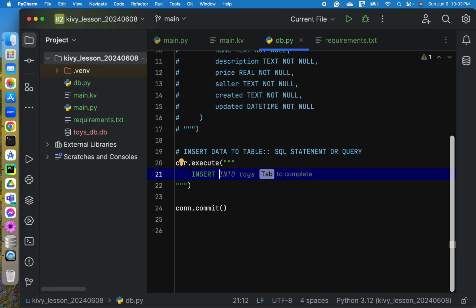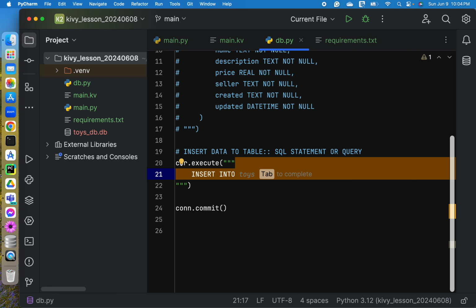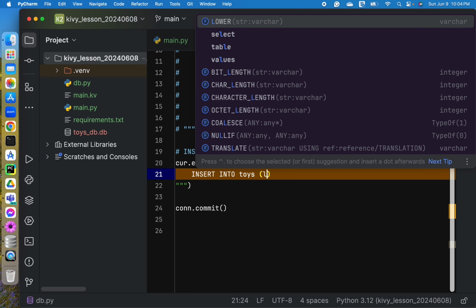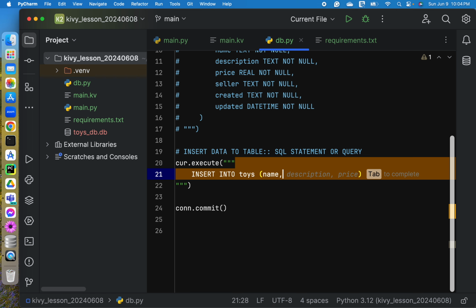so how do we insert data into our table? So we type in the keyword insert into, and then the name of the table, which is toys. And then here in our open and close parentheses, we put the field names that we need to put data.